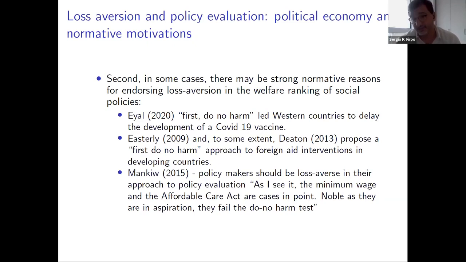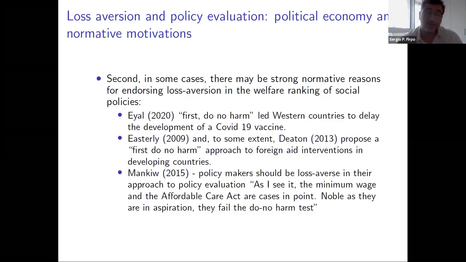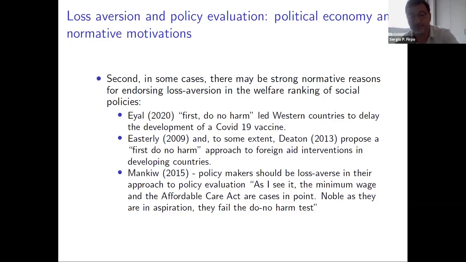And that is a policy choice that may have had an important impact in terms of what has been offered to us nowadays in terms of available vaccines for COVID-19, right? But you can think of many other examples, and here I list some of those examples, in which, from a normative perspective, those policies that avoid losses